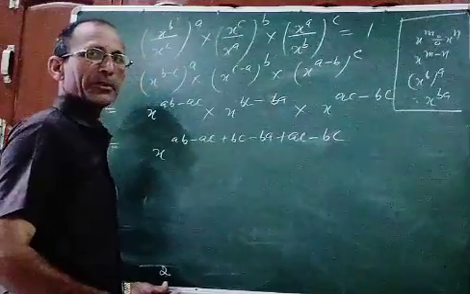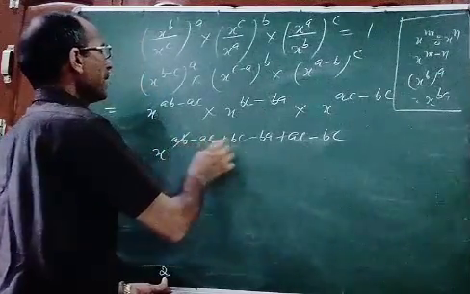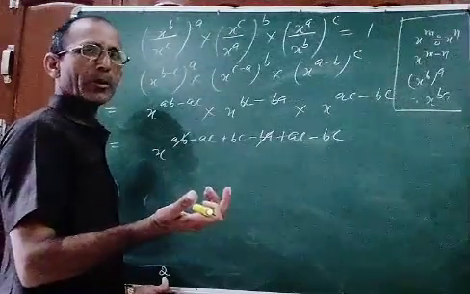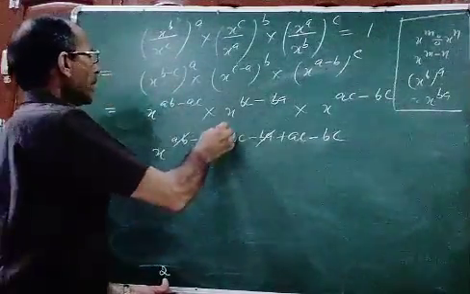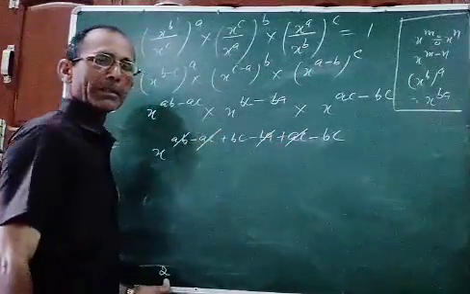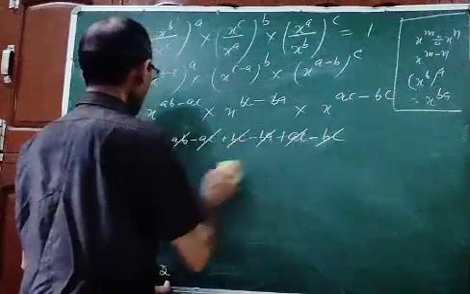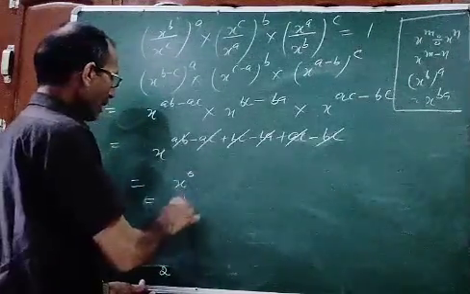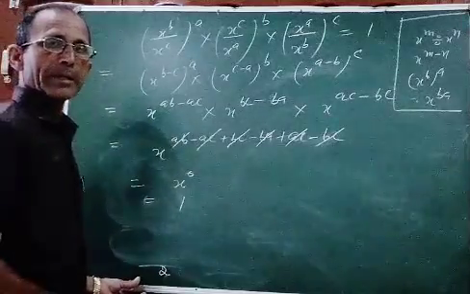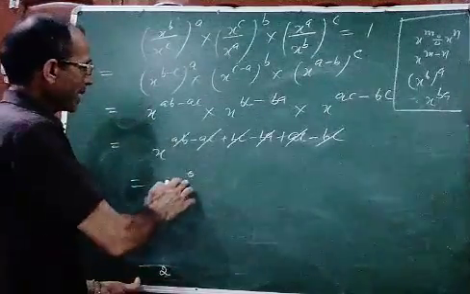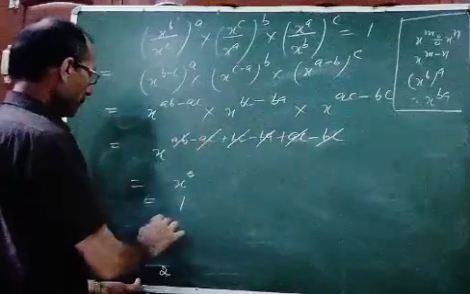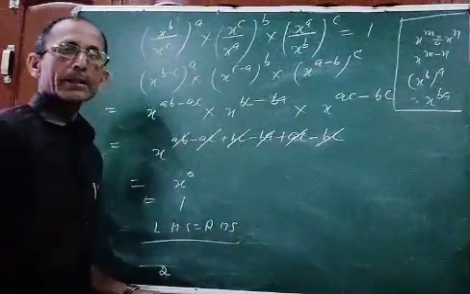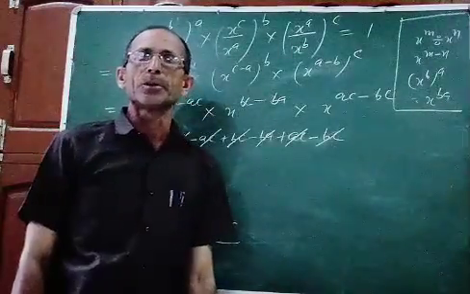Up to here, any doubt, any confusion? So plus ab and minus ab, ba doesn't matter because no problem if order is changed in multiplication. So ac one plus, one minus, cancel, bc this also cancels. So x raised to the power 0. X raised to the power 0 means 1. I told you rules and laws of exponents. X raised to the power 0 is equal to 1. So left hand side is equal to right hand side. So this is the question related to exponents.